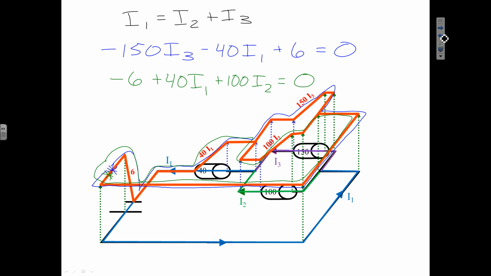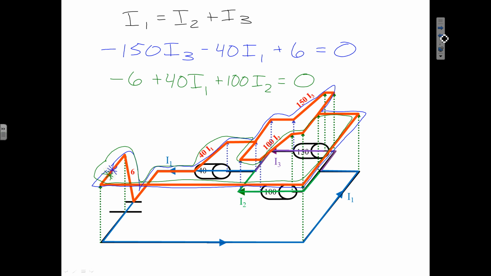And now, how many unknowns do we have in these 3 equations? How many variables? Count again. 3 variables. We have I1, I2, and I3. If I have 3 equations and 3 unknowns, is it possible to solve it? Yes. So I could actually stop generating equations right here, because I have enough equations theoretically to solve my unknowns,